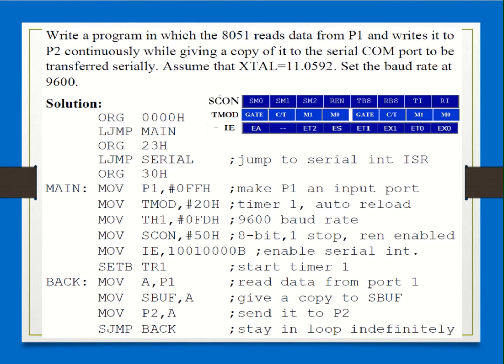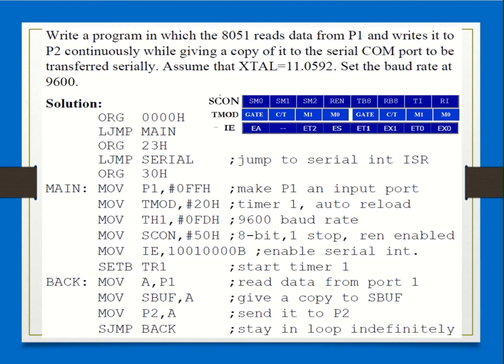So what will be the frequency that is coming to the timer? It is 28,800. So 28,800 divided by the 9,600 baud rate, and for that the value will be FD in hex. So this FD is loaded into the TH1 register. I hope you recall the things.